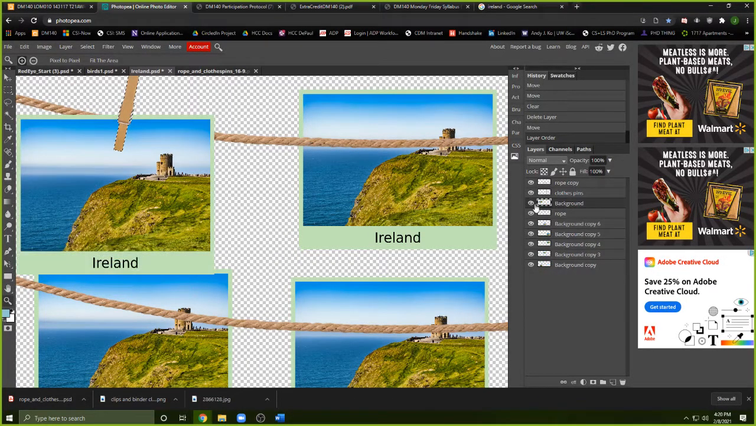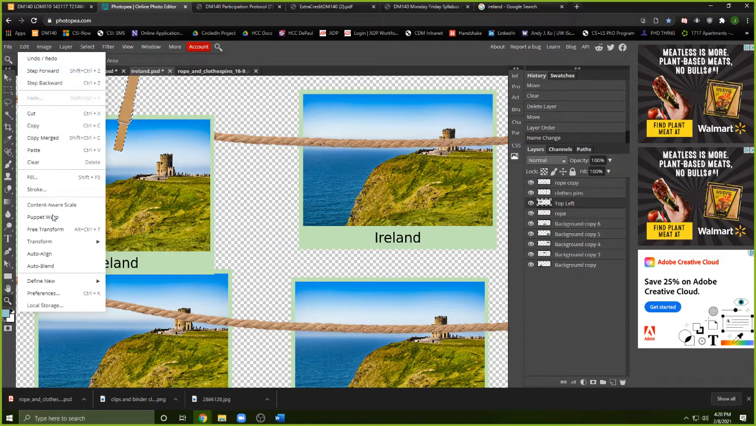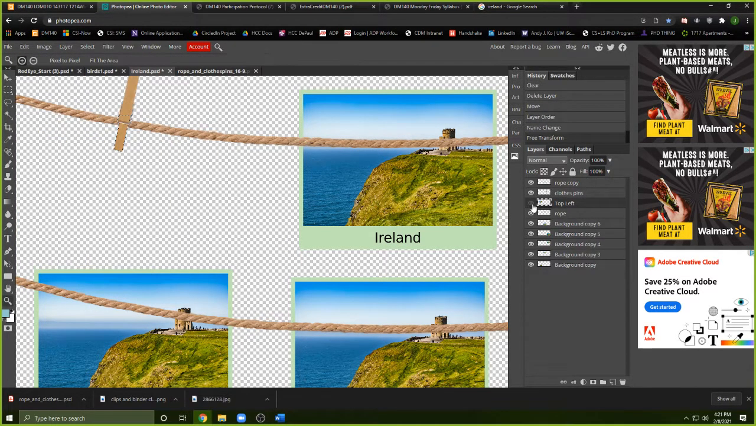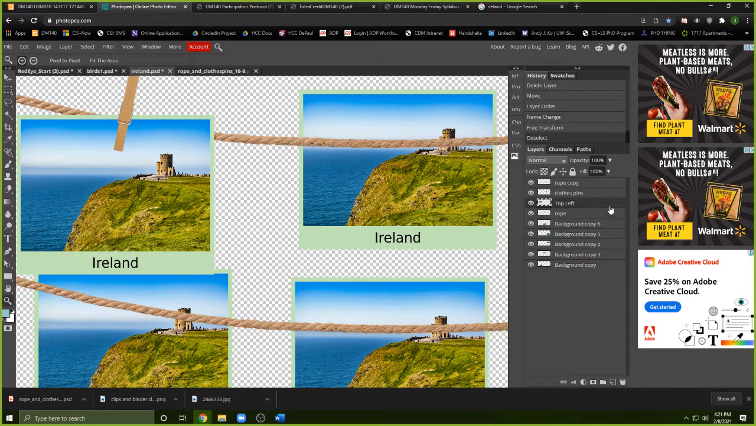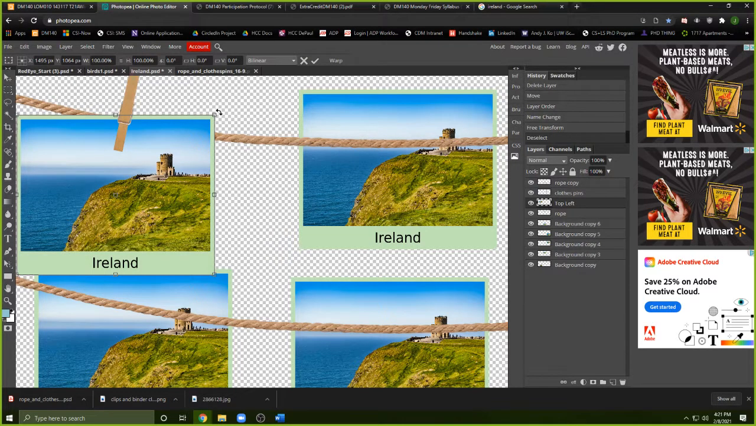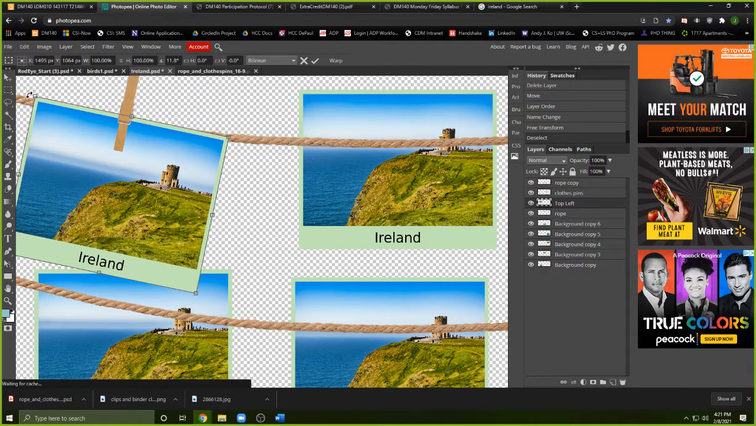Where is it? Right here, this guy. I'm going to call him top left just for my sake. With him selected, I'm going to go to my Edit and Free Transform. Edit and Free Transform. And I'm just going to rotate him a bit to the left here, make him a